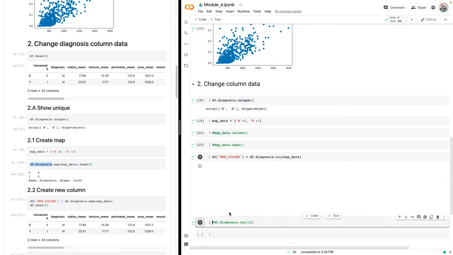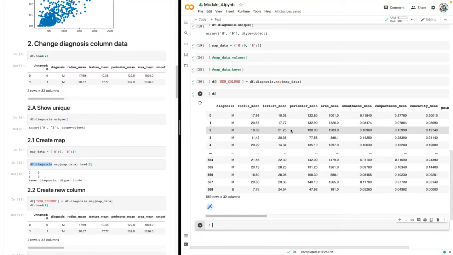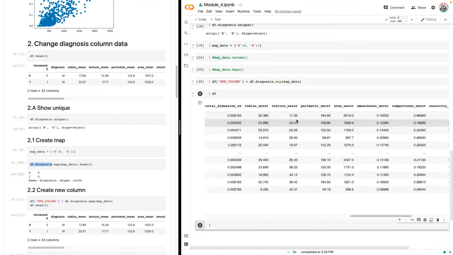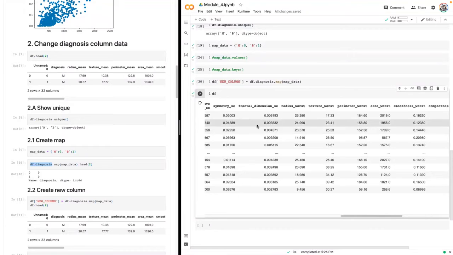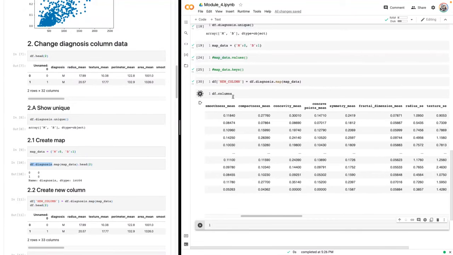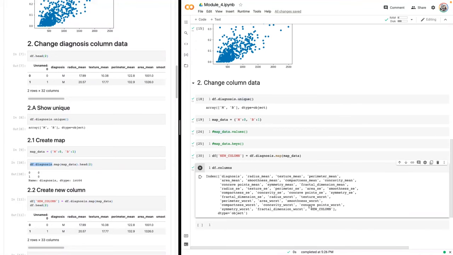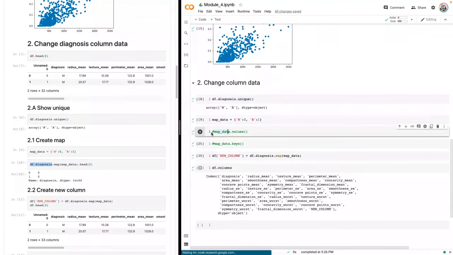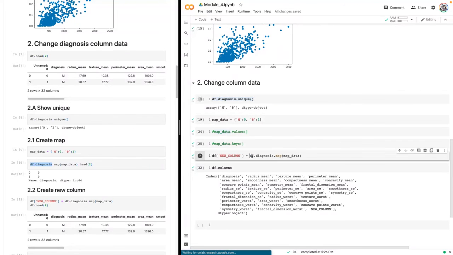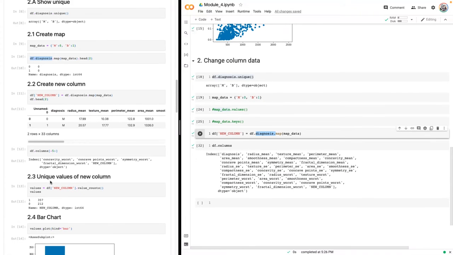So I run it, and now I look in our data set, and a lot of people might be like, okay, I don't see where that is, but you'll have to go all the way over to the right in order to see that new column name is there. The easier way is just to type in the columns function, and then we can see that new column is now there. Okay, so we were able to make that new column by using the map function that's just tacked on to any column that we're interested in changing. Okay, so now that column has been created,